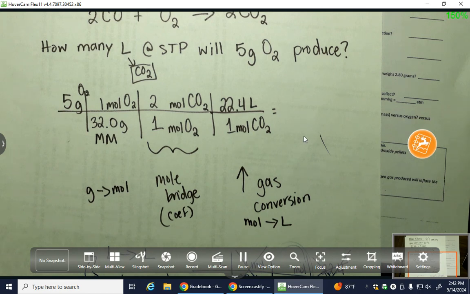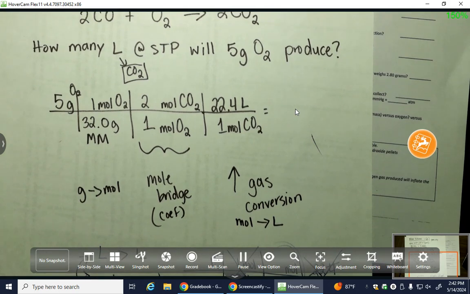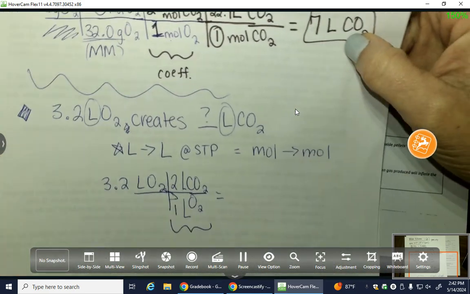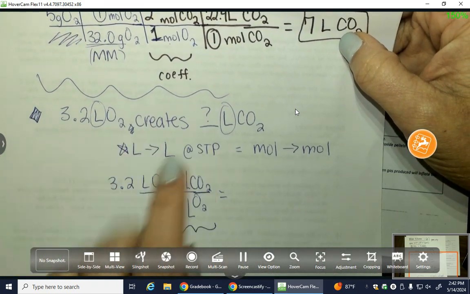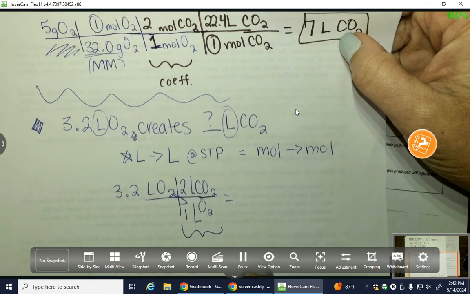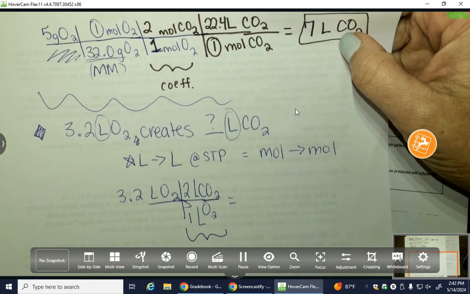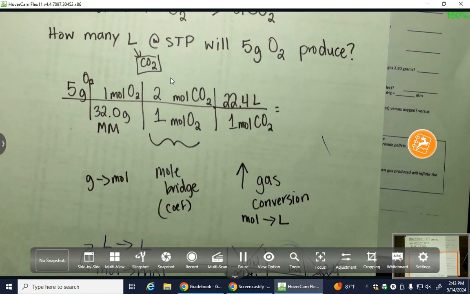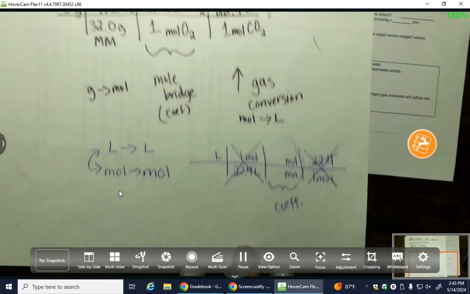So the part that I wanted to re-emphasize was we had also included an example of, I believe, a liter to liter. You guys might have had this. So we'll rewrite this right now. We're going to do that with number 11, all right? But the big idea with liter to liter calculations,